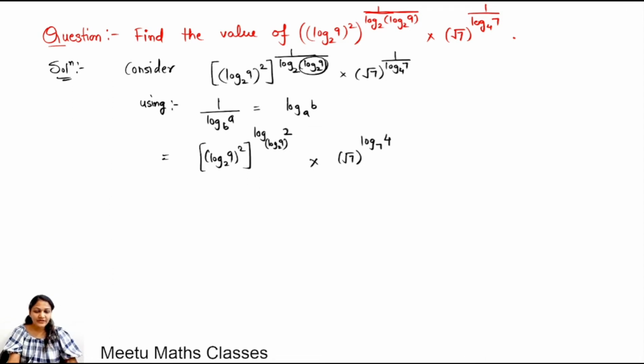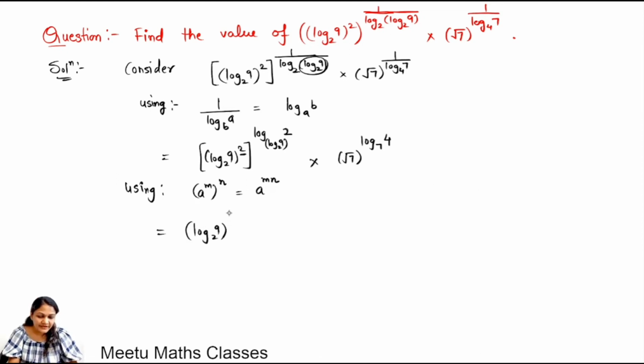Now we know the property of logarithms, a raised to power m raised to power n can be written as a raised to power mn. So we can multiply 2 with this power. So this will become log 9 with base 2 raised to power 2 multiplied by log 2 with base log 9 with base 2,